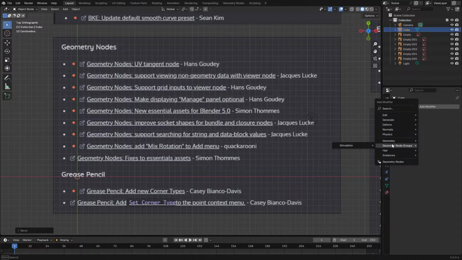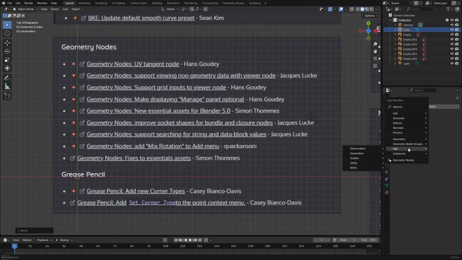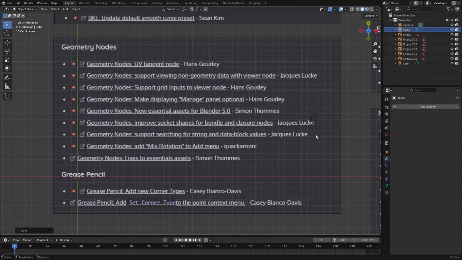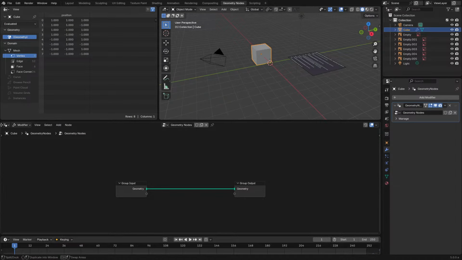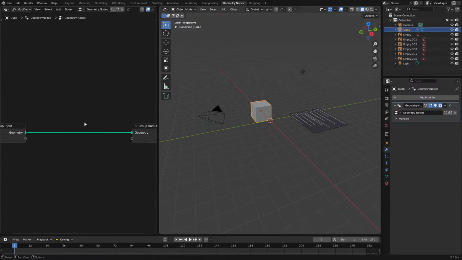There's ones like geometry inputs, and, well, no, I think those are my library. But a few other ones, some with instances, so that'll be quite cool. I'll go over those in a second, but I want to go over more of these parts. So geometry nodes has a UV tangent node. We have been waiting for this for a long time, to the point where I have been using my own